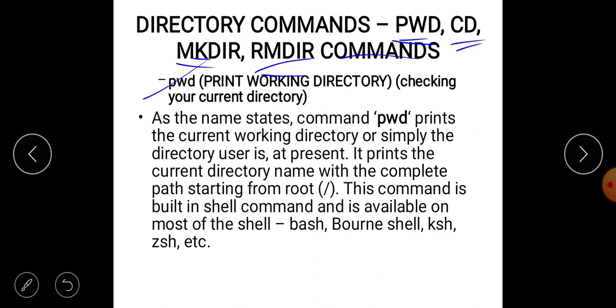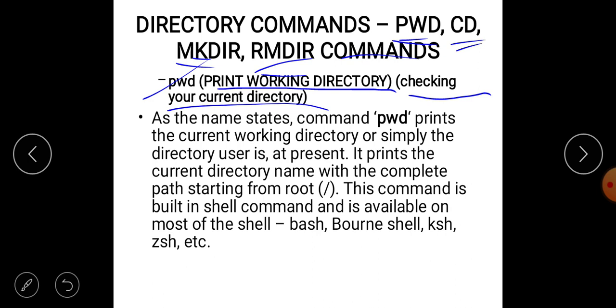First one is pwd. What is the full form of pwd? Print working directory, or checking your current directory. It means which directory you are working in. Suppose you are typing your C program and saving it, in which directory is it going to be saved?